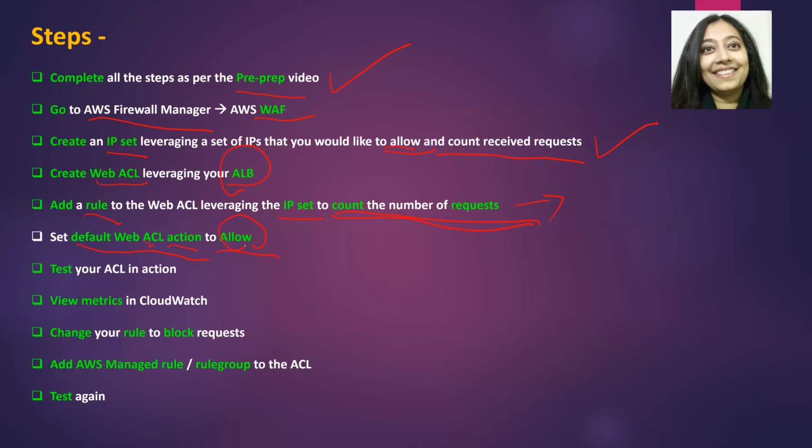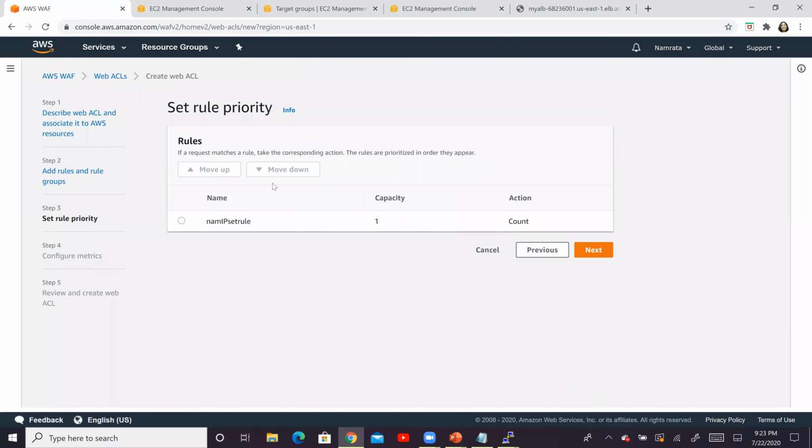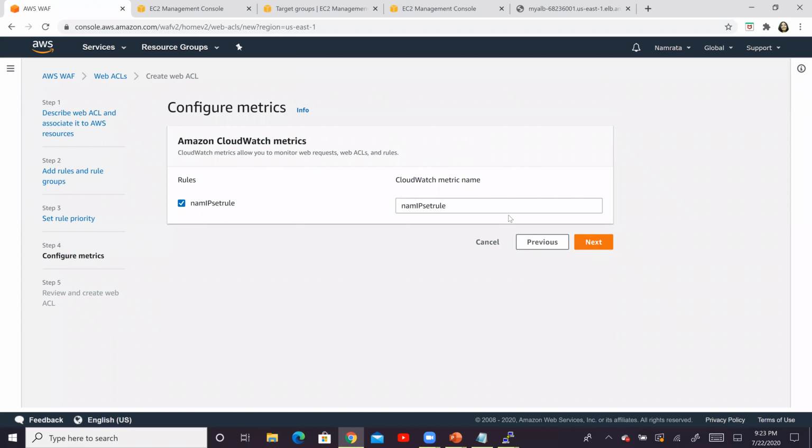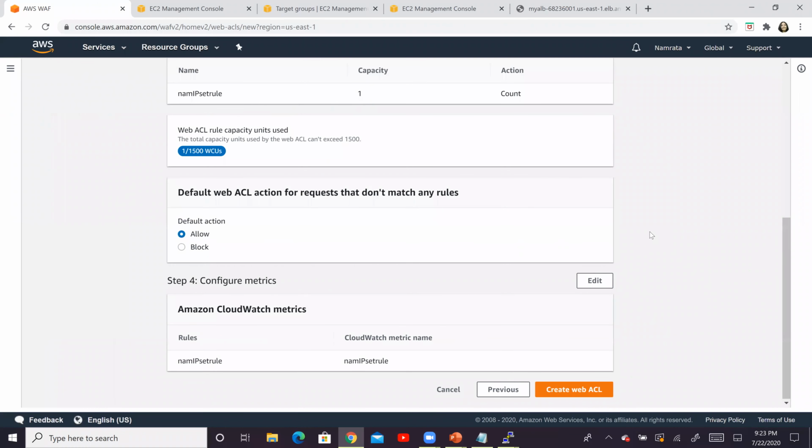So let's do that. So we are going to say allow over here as a default action and click on next. The rule priority is fine. There's only one rule. So next, this is our cloud metric. So remember that it is NAM IP set rule. Click on next. And our web ACL is ready for creation. So click on create web ACL.